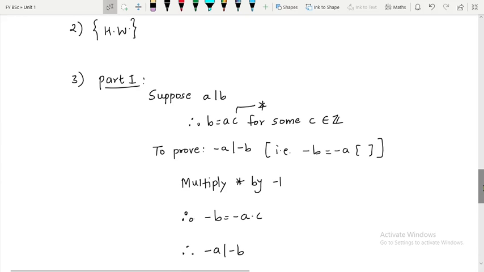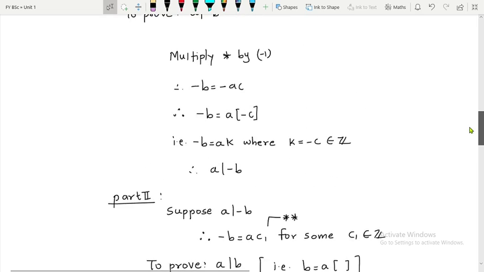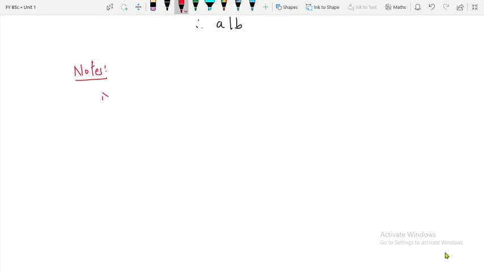Now before going ahead, let us write down a few notes. The first note is, as I have already told you, 5 is always dividing 5, right? Why? If you divide 5 by 5, what will happen? 5 ones are 5, and what is the remainder? That is 0, right? So in general, what can I say?